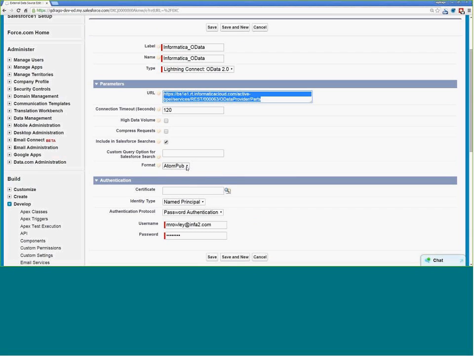And then after that, we set up parameters such as telling it the type of OData connection it is, OData 2.0, that it's an Atom pub. There's also performance settings that can be made within Salesforce to either maximize performance or API usage. And also down at the bottom, we have authentication.